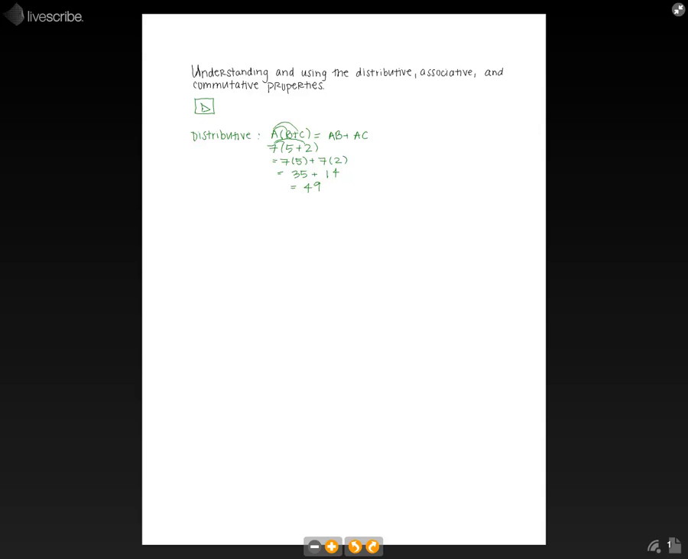So if we were to do this by first redoing this problem by adding 5 plus 2 inside the parentheses first, we would have 7 times 7, which also equals 49. So we see that the distributive property A times quantity B plus C does indeed equal A times B plus A times C. So the associative property